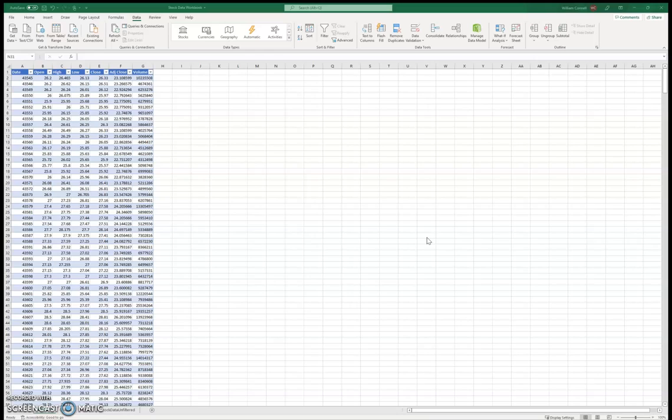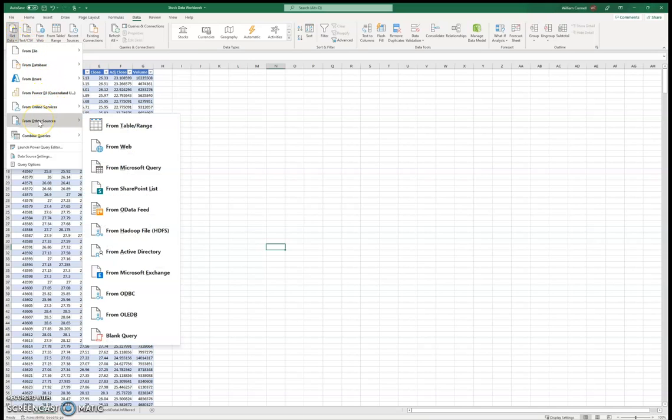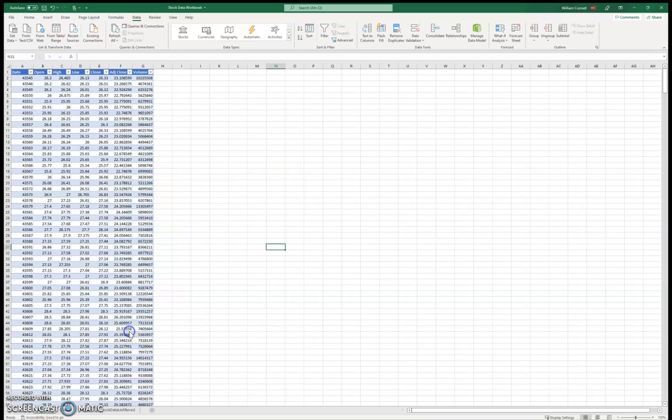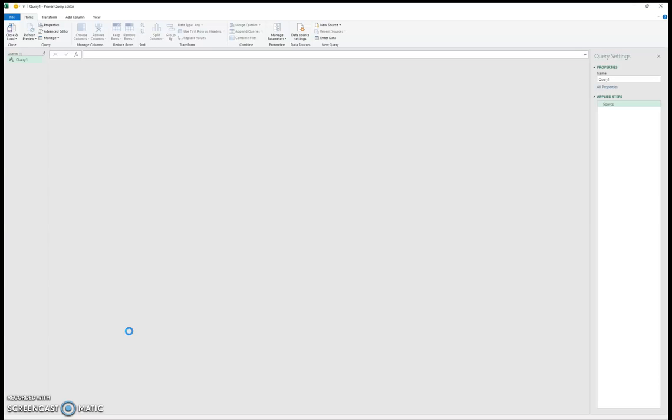So let's get started. So just click on Data, go over to Get Data, go down to From Other Sources, and then we're just going to click on Blank Query. Wait for it to load. You'll be given a text box here, and in here we're just going to type